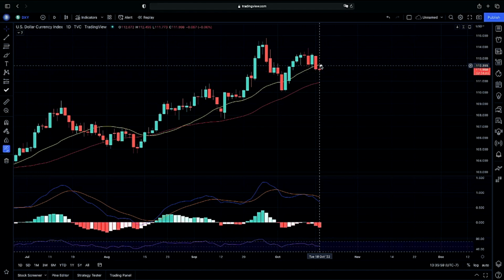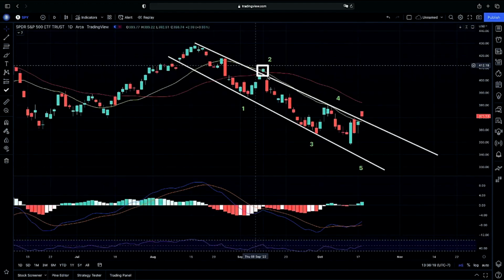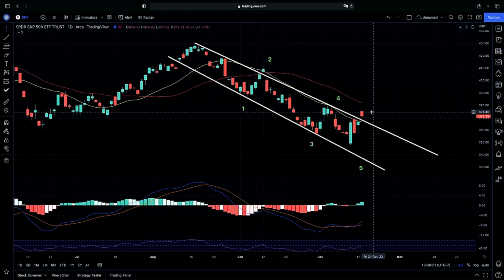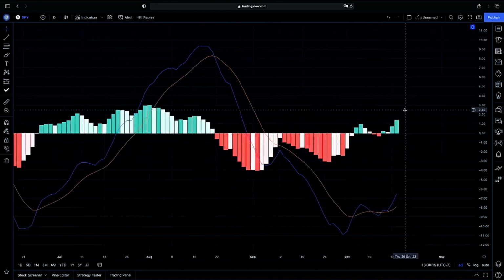The question from here is, are we going to get our 20-day moving average to start to curl down here? Or are we going to possibly gap up here and possibly get a false break on the S&P like we have prior? As you guys can see, having a false break above our channel. Are we going to have a false break here? So we will be keeping an eye on our strength here to see if we do increase in strength.